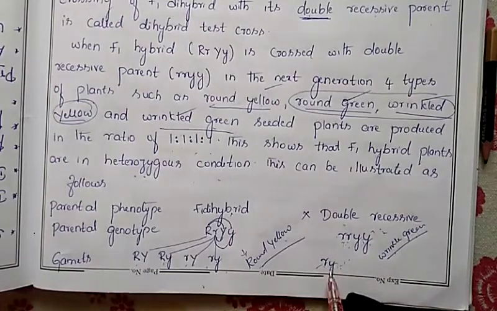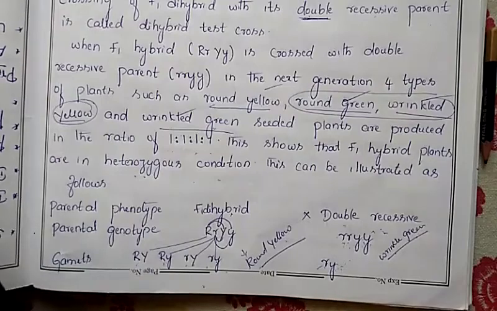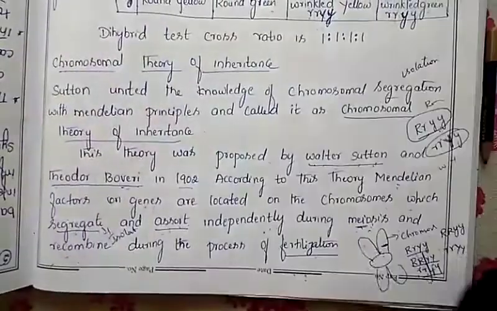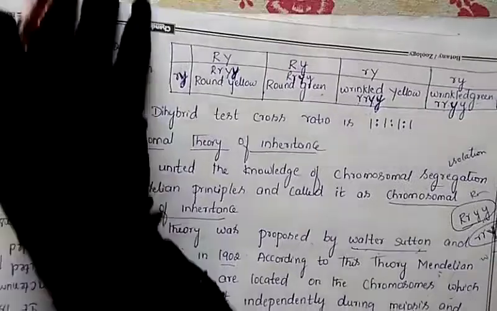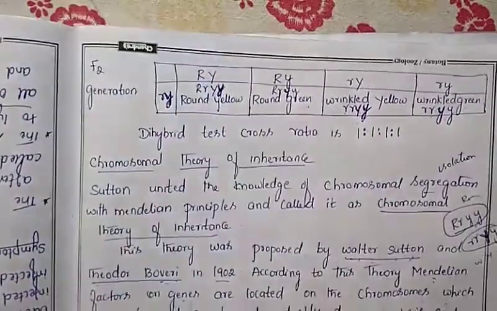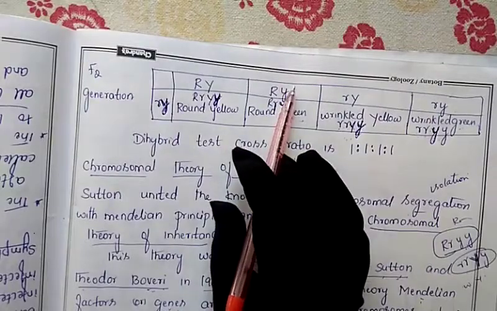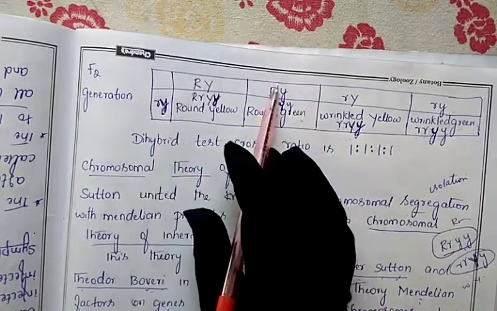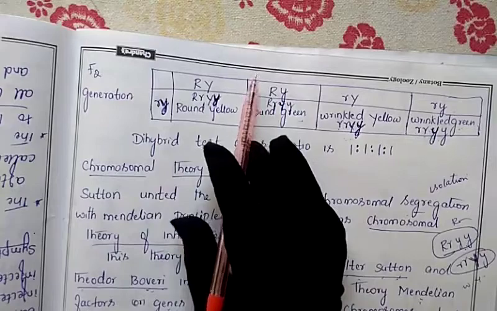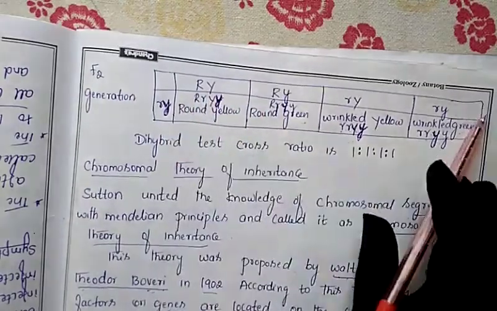Now these gametes we have to put in the checkerboard. Already you know very well how to write the checkerboard. So this is the checkerboard. We have to put both the gametes in this checkerboard. Wherever you want, you can write: either you write this here in one parent's gametes, or this here. However you want you can write, but both the gametes we have to put in this checkerboard.